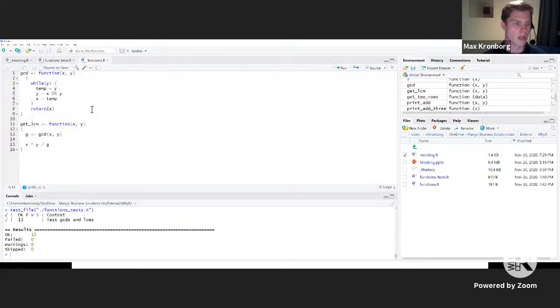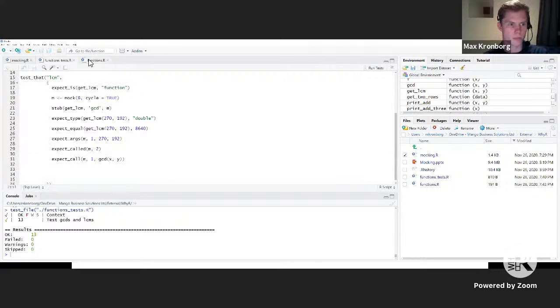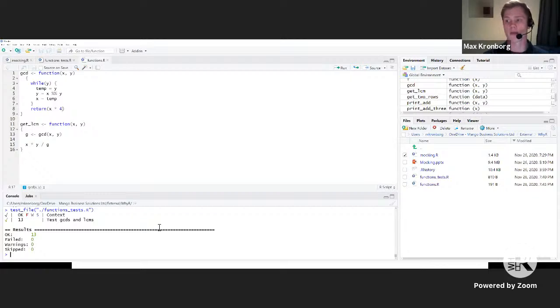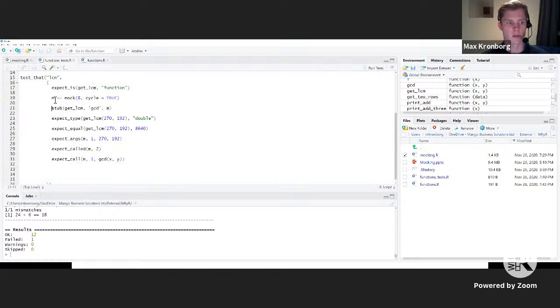So if some really clever programmer shows up and changes your GCD function to multiply x by 4, then we'll get definitely one failing test, because the test for GCD will have the test for the exact value failing. What we don't want is that the LCM function now fails because it gets an incorrect output from the GCD function. So if we run this again, we only get this one failing test because we've used these two lines to detach the two and to split the modules into units.